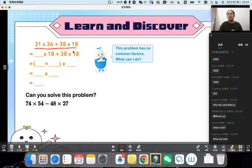But in this question, do we have any common factors right now? We don't have any common factors, but we do have some connections. Okay, 36 and 18. 36 is 2 times 18. So we can change something to turn this 18 into 36. And then we can use